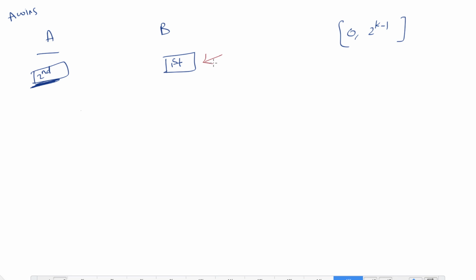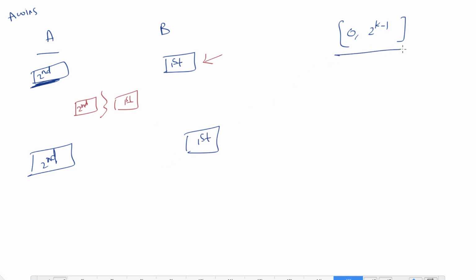if in this case also there is a collision, suppose there is a collision between the second packet of A and the first packet of B, then again they have to apply the back-off algorithm, right? Now the back-off algorithm says that A has to wait some amount of time and B has to also wait for some amount of time, and that is determined by this interval. So A has to wait for 0 comma 1, because for the second packet that's the only first collision, but for the first packet, from B's perspective, there is the second collision, so B will wait for 0 to 2.